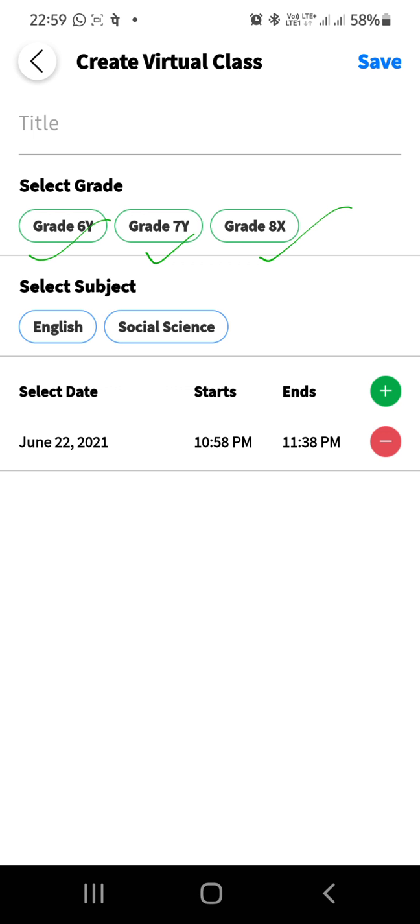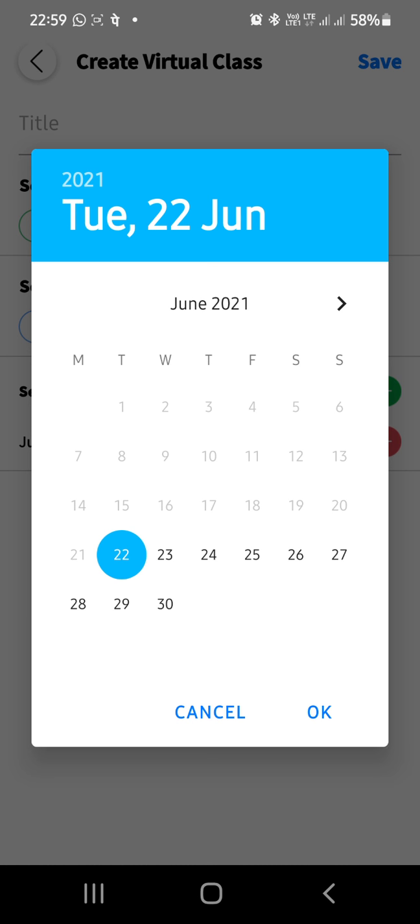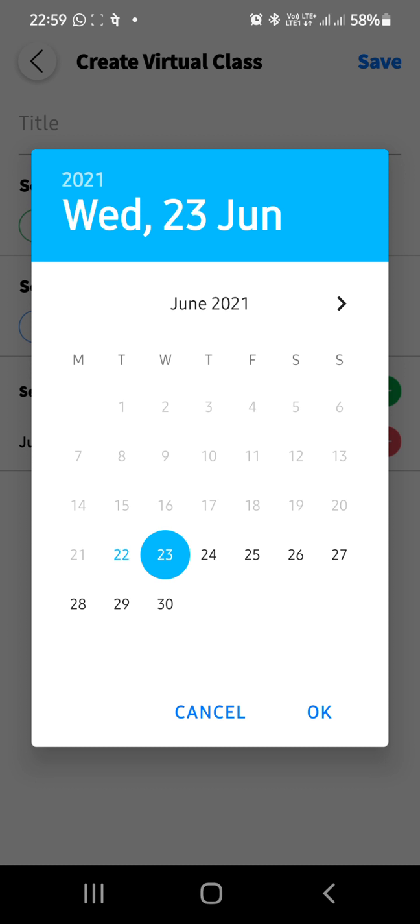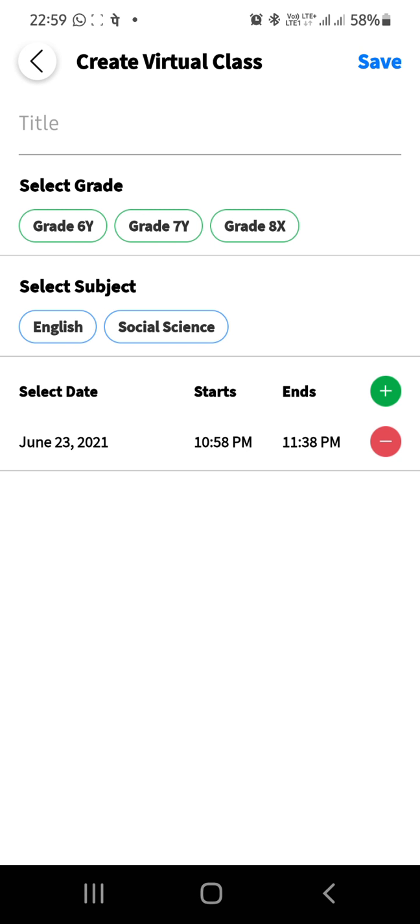And if I have to select the subject or the date, I will touch on the date. Okay, select subject English. If I need to change the date, I will touch on it. So I'll get the date. Suppose I want to schedule something for tomorrow. Okay, this is the time button. When I'll click here, I'll get the complete clock list to set the time as well. So let me show you.